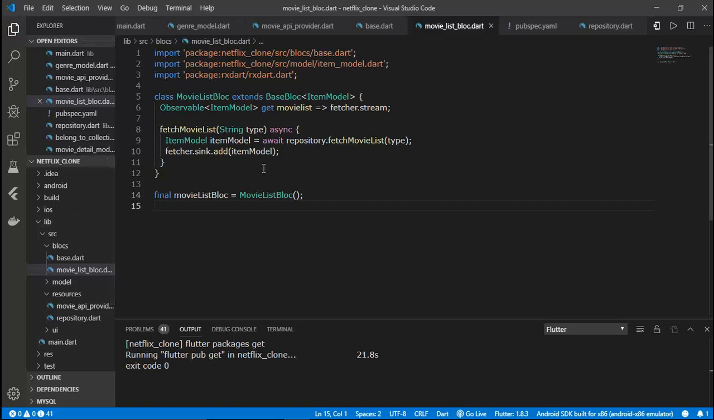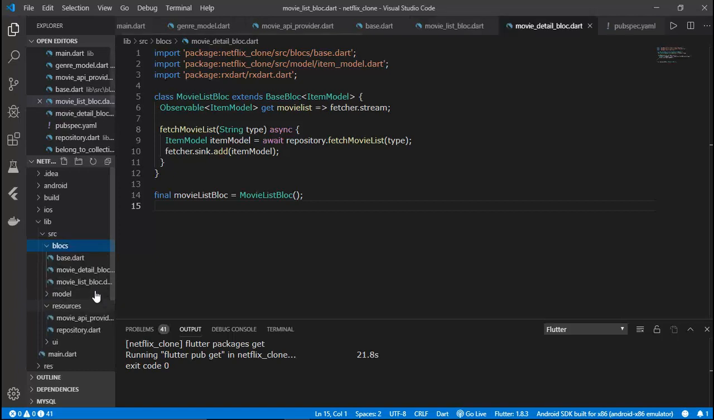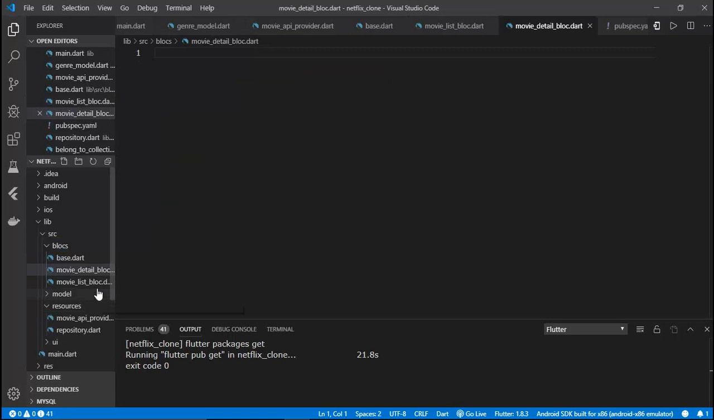.dart is also finished, and then I will create another file and we'll name it movie image, or let's say movie detail. We'll create the image one later. So movie detail block .dart, and inside the movie detail block .dart